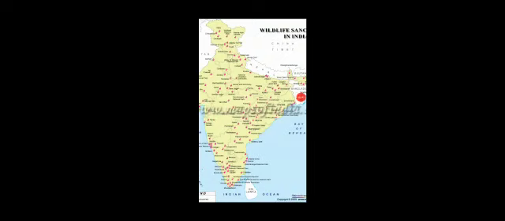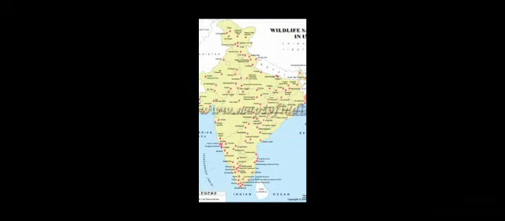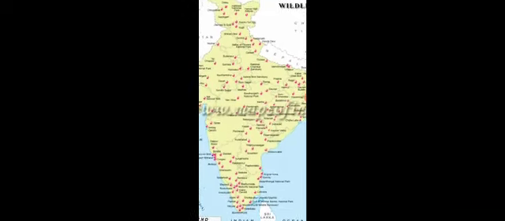Okay, dear students, the Sariska wildlife sanctuary, you can see it is in Rajasthan near the border of Haryana. Sariska, it is here. Sariska wildlife sanctuary in Rajasthan.